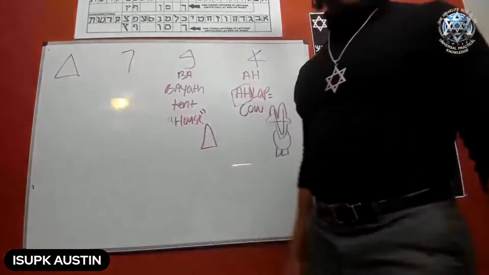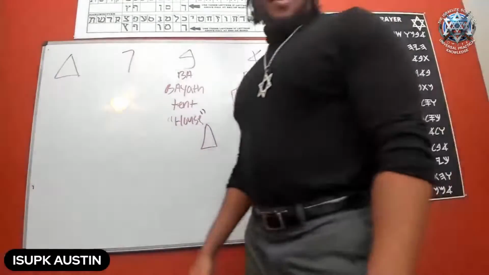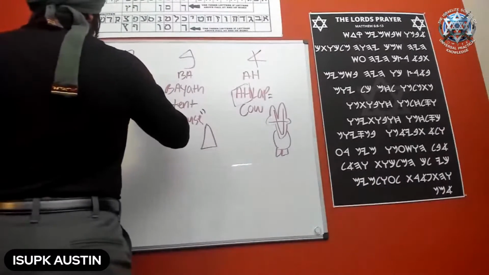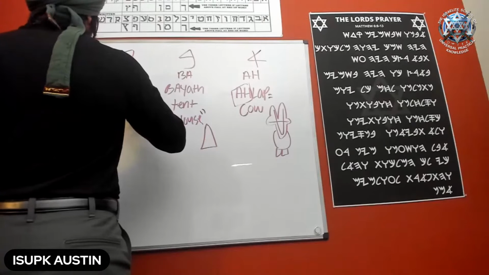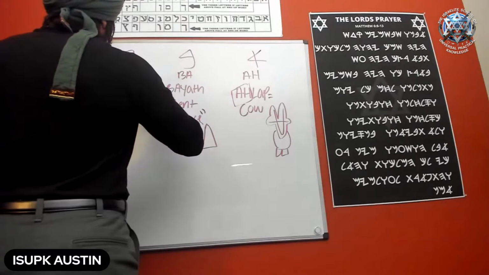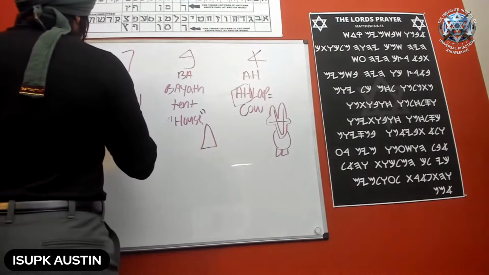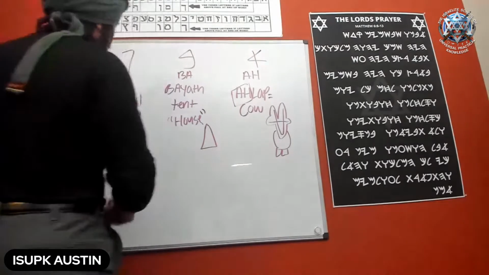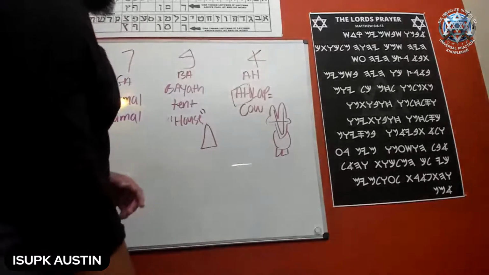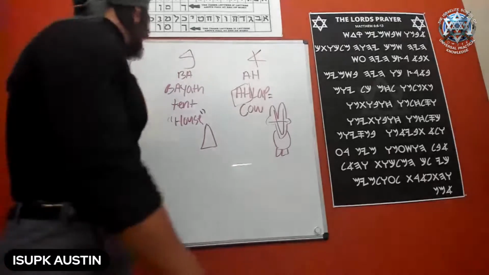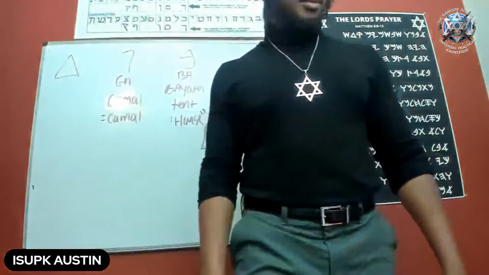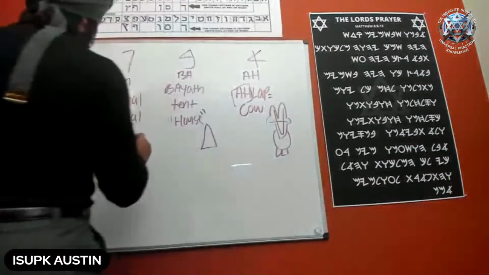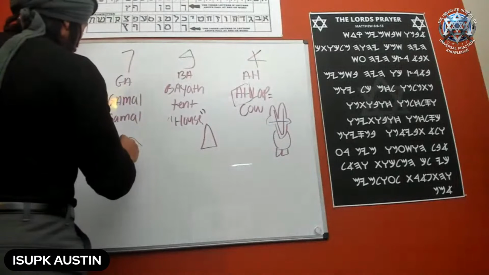Now, we got Gimel. What is Gimel? Gimel comes from the word Gamal, which is what? A camel. You're starting to see something, watch. I don't know if y'all gonna catch it, but your papa already did. Camel, right? It's like the hump of a camel. You have a hump, you know what I'm saying? The camel got that hump right there. Boom. You got that little neck.